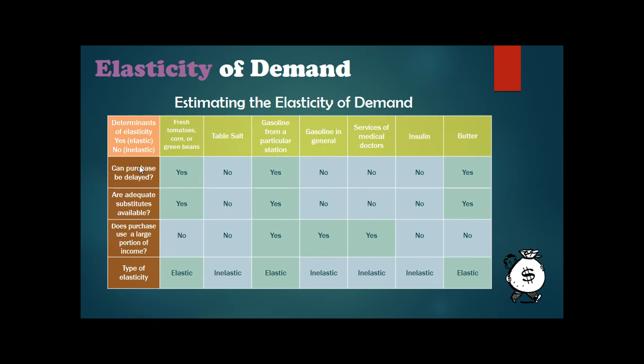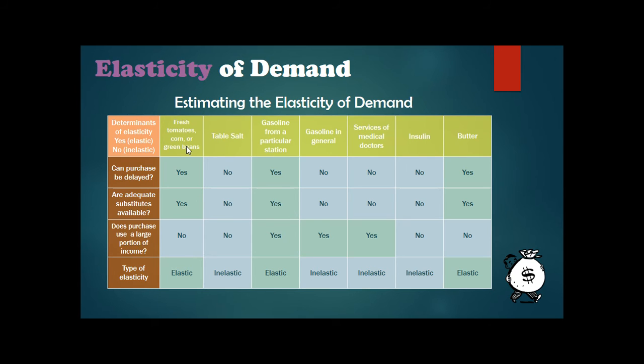Are adequate substitutes available? Again, if the answer is yes, it's going to be elastic. And if the answer is no, it's going to be inelastic. Does the purchase use a large portion of income? If the answer is yes, it's likely to be elastic, right? Because a small change in price for a large portion of your income could actually be a lot of money. And if the answer is no, then it would be inelastic. And so we're going to use these three questions in order to answer what are these things. So